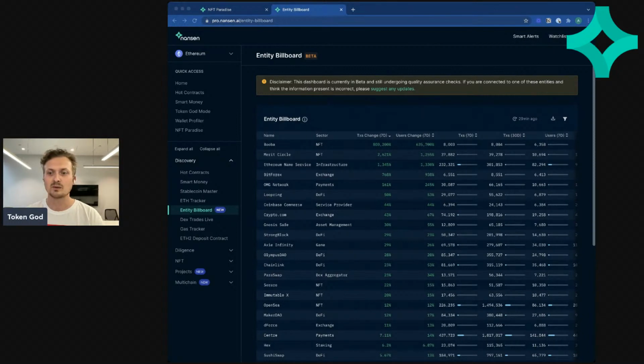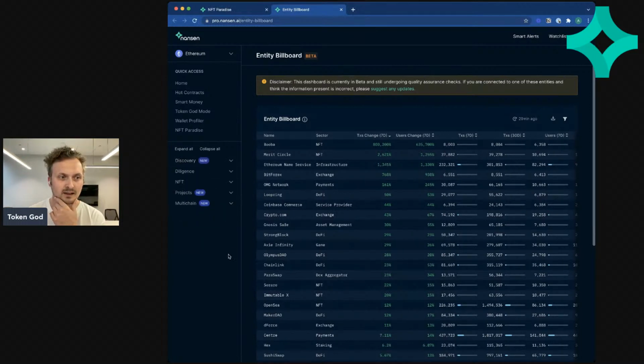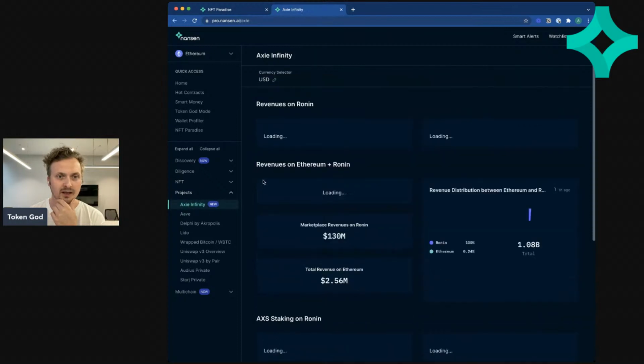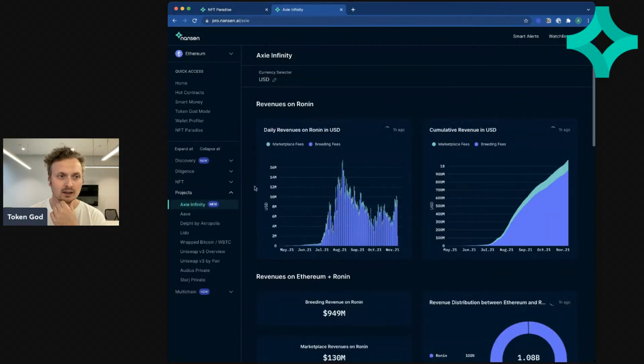Okay, what else do we want to look at? Well, we could perhaps have a quick look at the Axie Infinity dashboard, which has some interesting stats as well. And why is this relevant? Well,